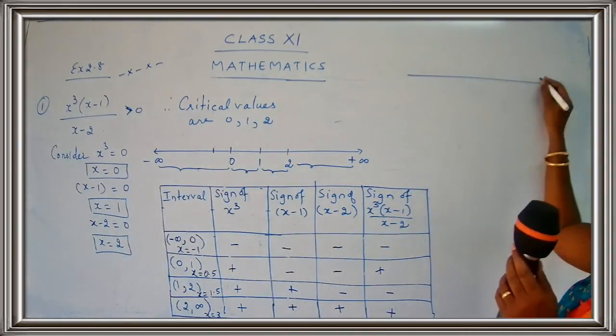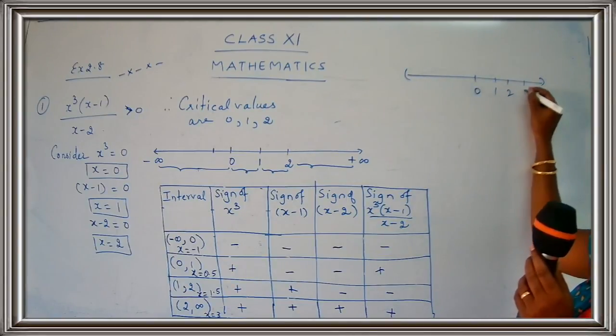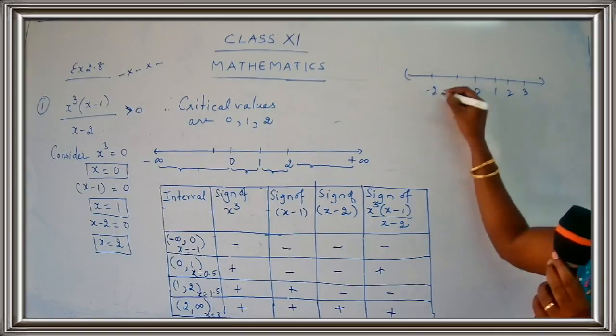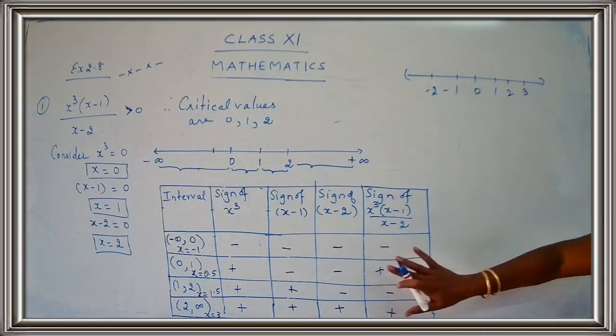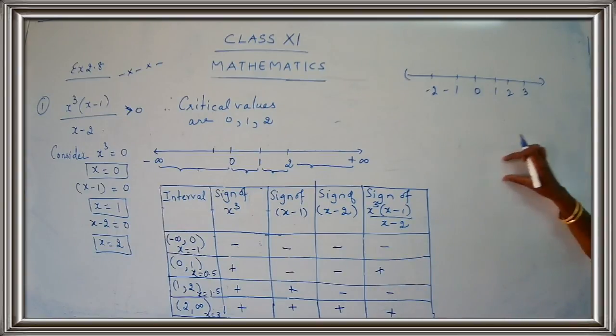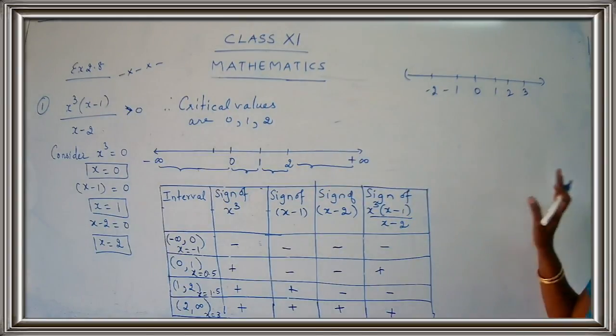Now, just consider the number line, children. This is 0 here, and we have positive numbers here, and we have negative numbers here. Okay? Are you listening to me, children? Listen to me carefully. Now this is the thing that you will do. That is okay, but you have to arrive at a final conclusion. So once you are clear with the statement, you can arrive at the solution.